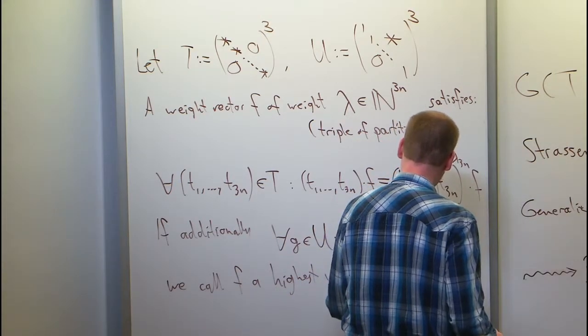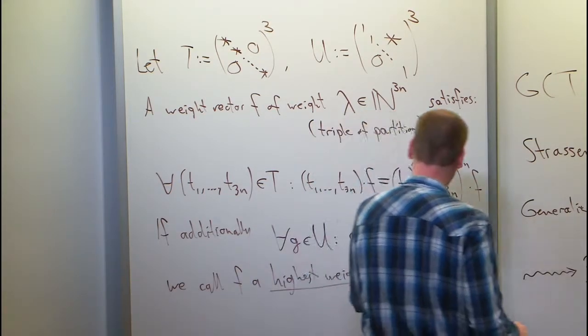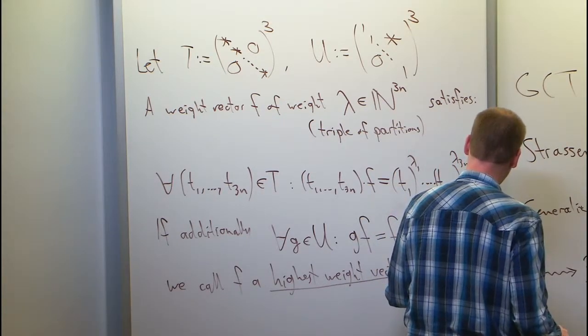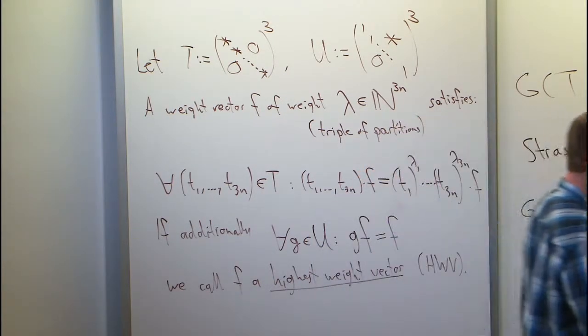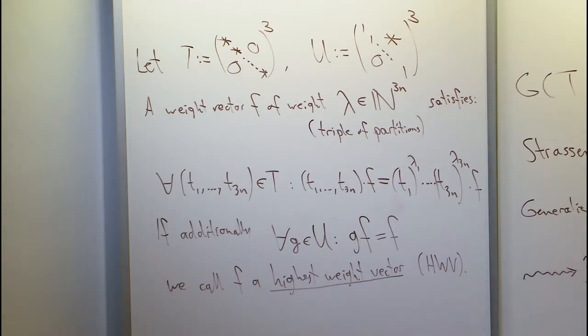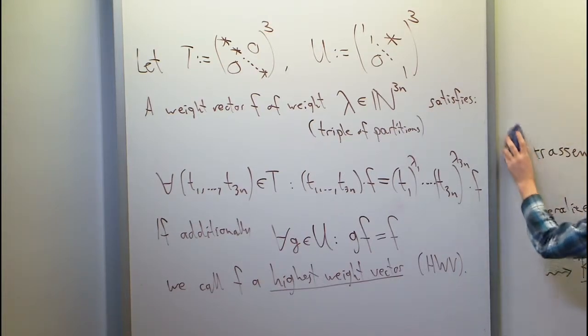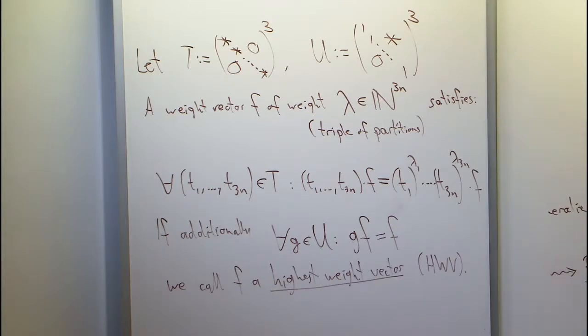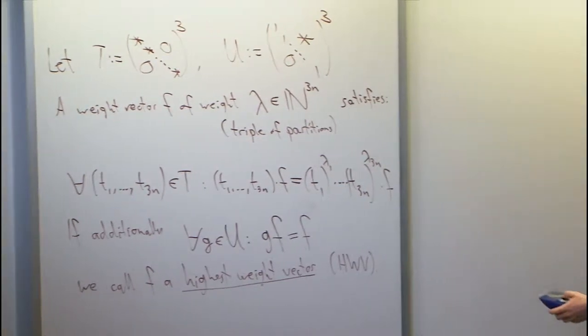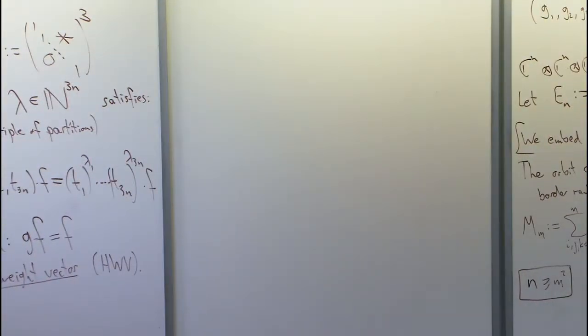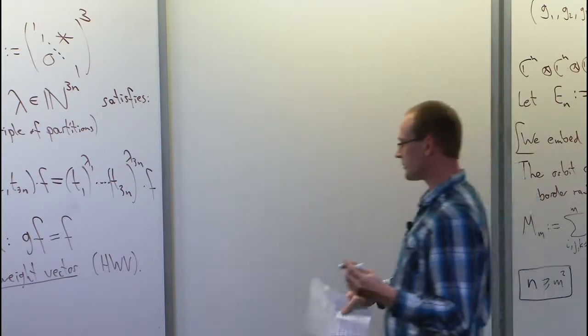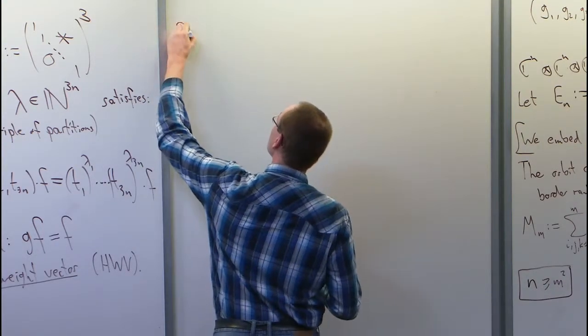The point I want to make is, well, this looks very complicated, but they have a very combinatorial description, and this is what I want to show you now. Those have a really nice combinatorial description. First of all, the most important thing, why do we care about highest weight vectors, is that every irreducible representation is nothing more than the span of the orbit of the highest weight vector. So we can restrict ourselves to highest weight vectors. That's a proposition.